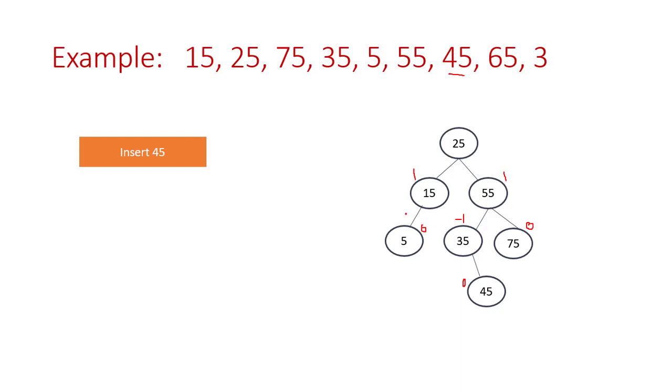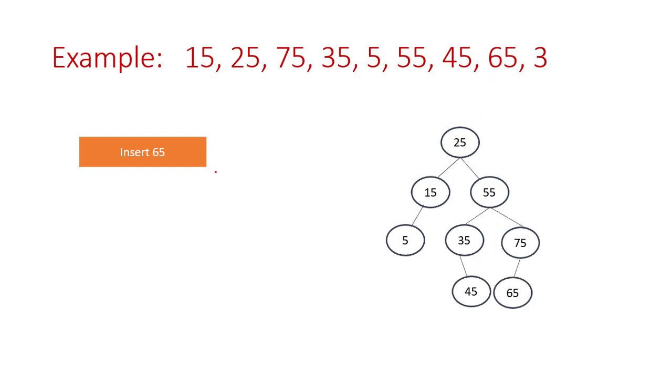The height of the left subtree is 2, with one edge and two edges. Minus the height of the right subtree, from the leaf node in the longest path, 2 edges and 3 edges, 3. 2 minus 3 is equal to minus 1. All the balance factors are acceptable. So you can go for the insertion of the next element, that is 65.